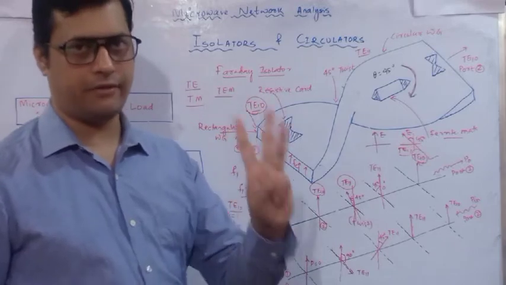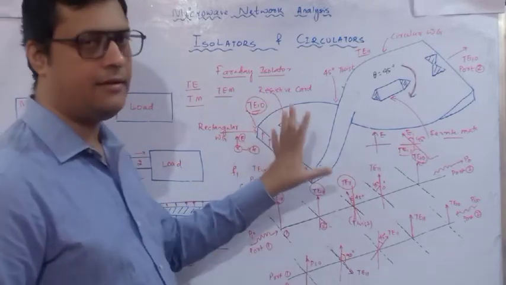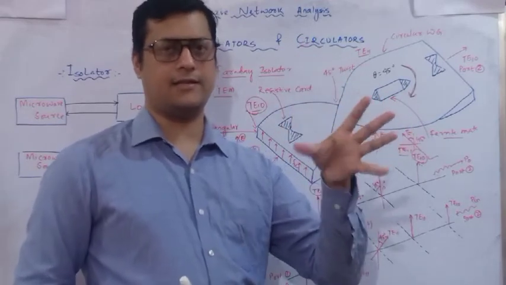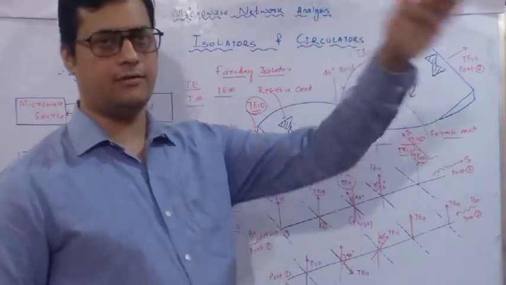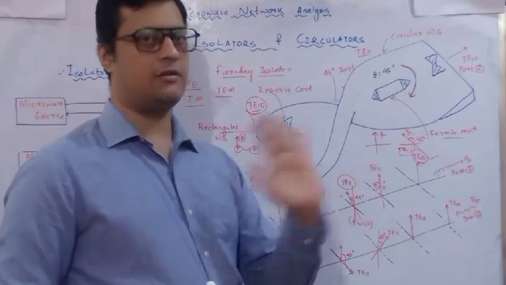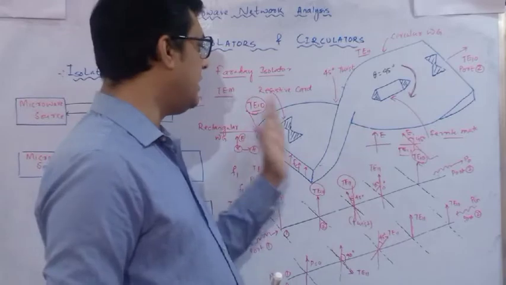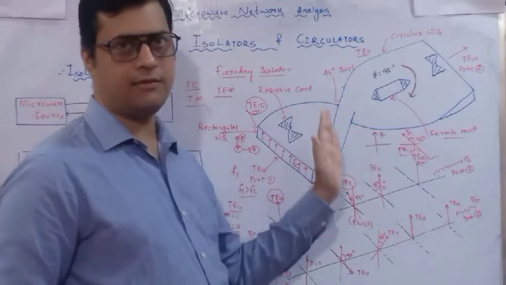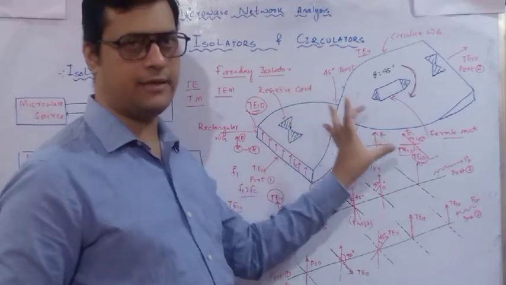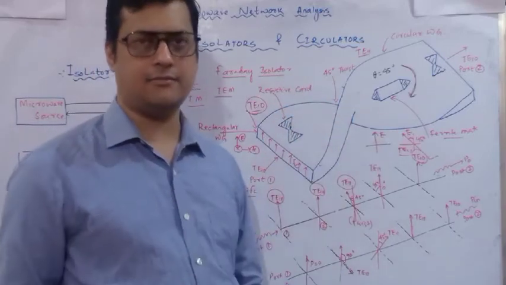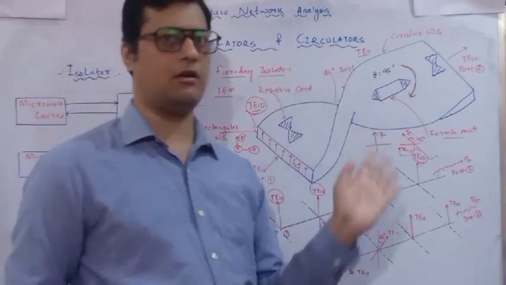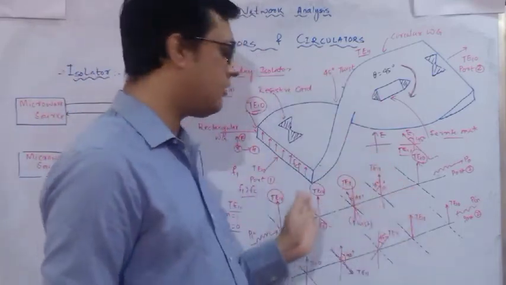What are the steps? First step is the rectangular waveguide. Second step is the twist, which is cylindrical in nature. And third is cylindrical to rectangular. So what will happen first? The electric field with no phase angle will deliver the power at the resistive load, that is TE10. It is rectangular. When it enters the twist, it is a rectangular to cylindrical system. The twist will suffer an angle of 45 degrees in the anti-clockwise direction.